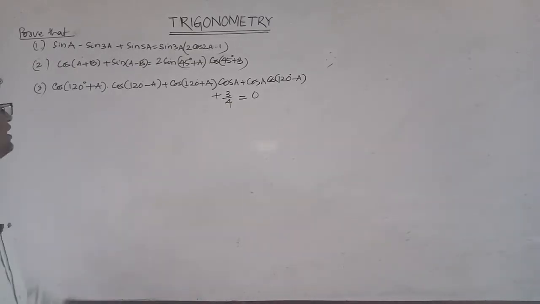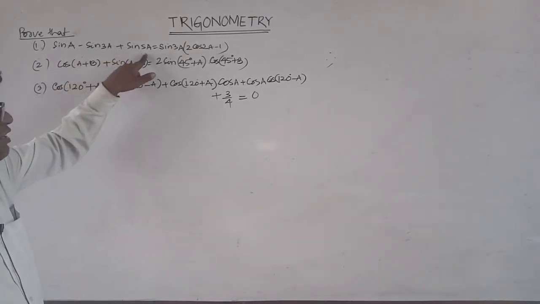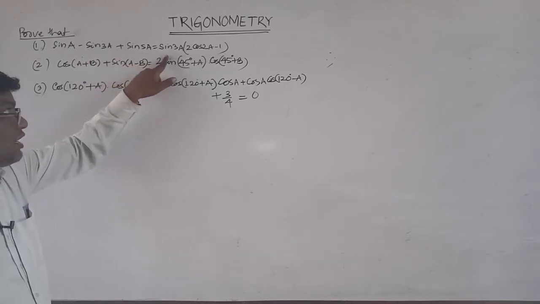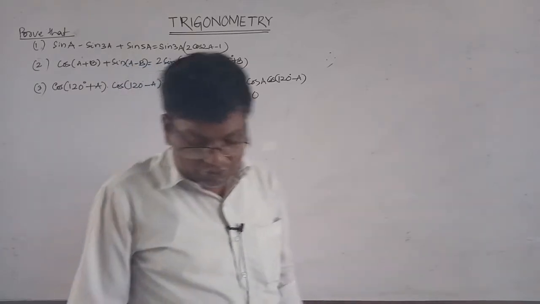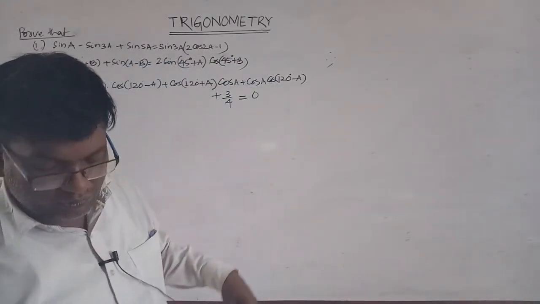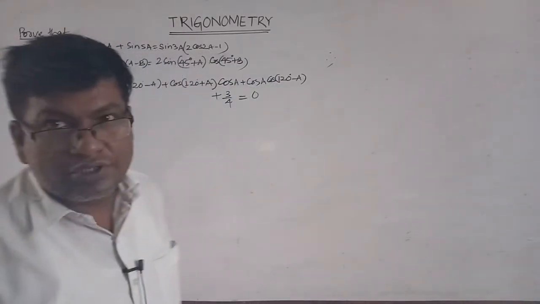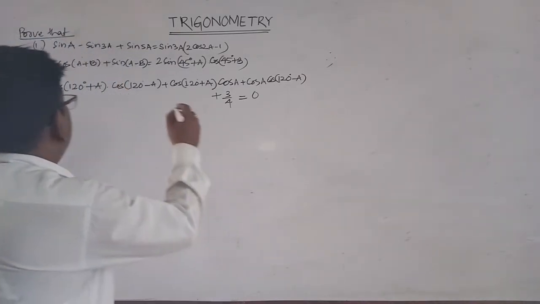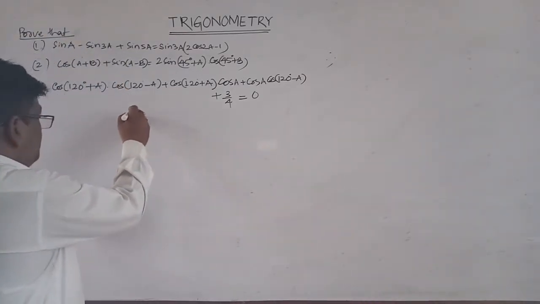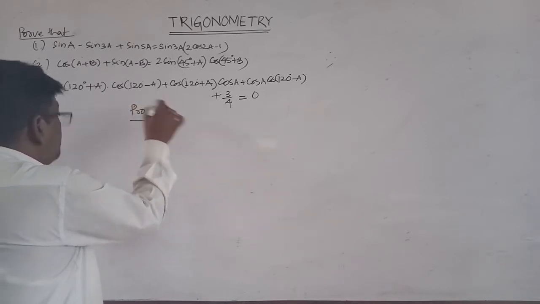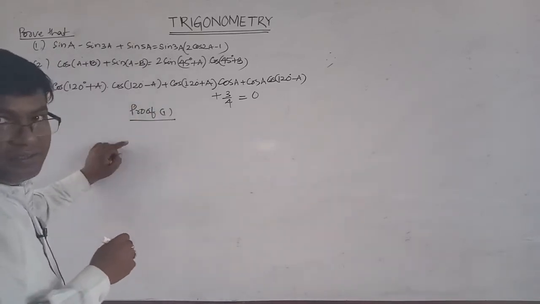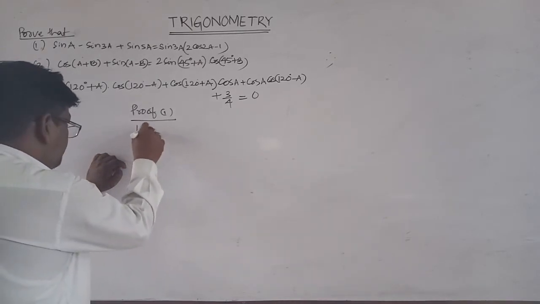Now prove that sin A minus sin 3A plus sin 5A is equal to sin 3A into (2 cos 2A minus 1). This is the first question. So the solution is: the left hand side, the proof of the first question. The left hand side is